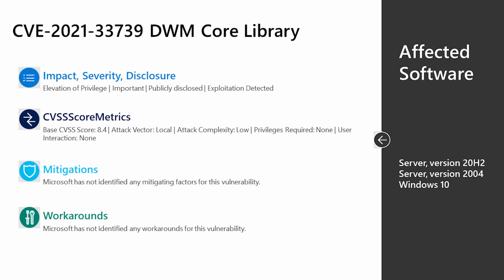The one good thing to be pointed out here, though, is that because this is an elevation of privilege vulnerability, it means that it requires an attacker to already have that toehold in the environment. They already have to have system credentials. So keep that in mind when we're talking about phishing and stealing credentials. That's how these kind of things work together. So install the update, block that threat vector entirely, and it's as easy as installing the update.